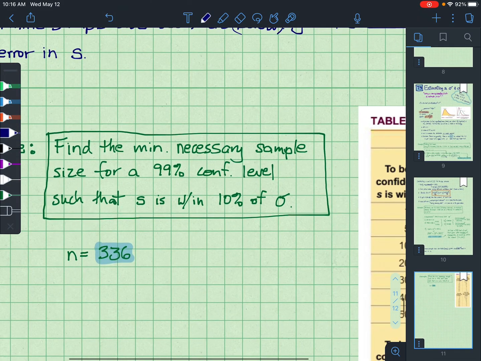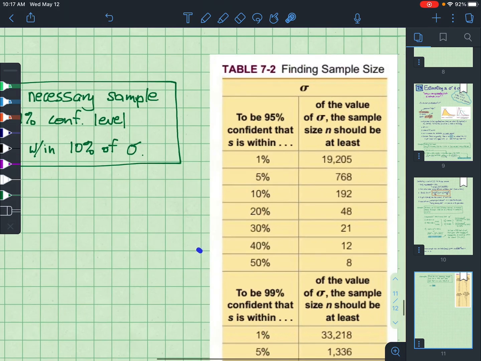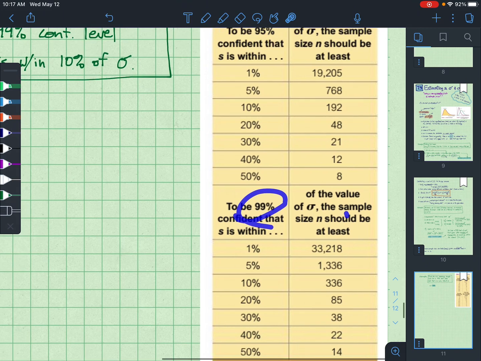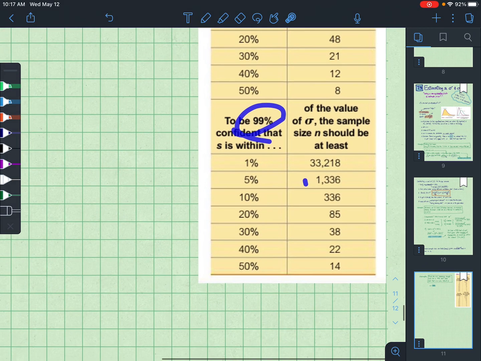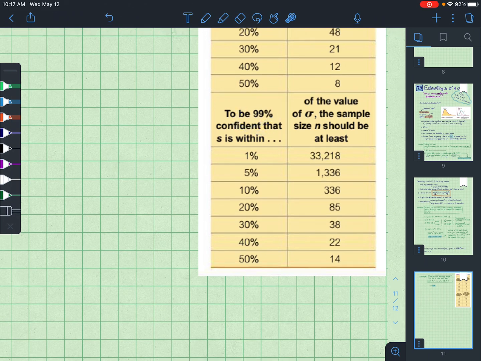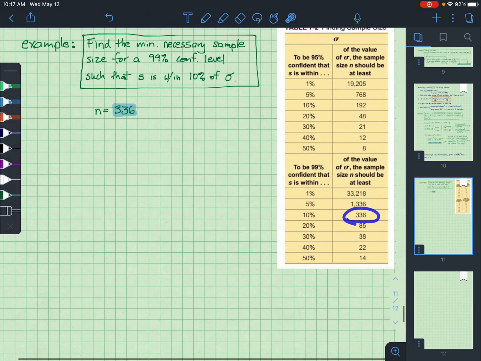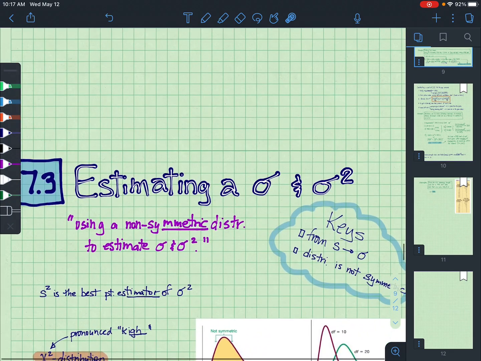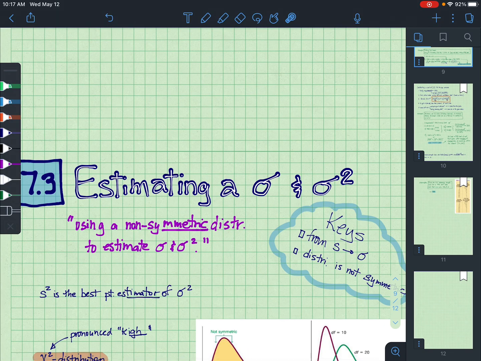And so in this case here, we're looking for a 99% confidence level and a 10% error between s and sigma. So then we look in the table and we go, okay, let's see. Here's the 99%. This was a 95 above it. And so I'm looking for, come on in. We've got a 10% error, and we've got 336. So that's where I got the 336 from. Okay, there it is. That's the lesson today on estimating sigma and